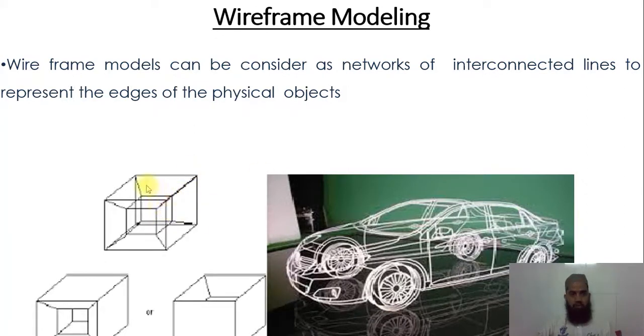For example, I want to form this model, this cube. So here I have to define all the vertices with points. We have defined this vertex, this vertex, this vertex, this vertex, this vertex. A number of vertices are there, and in this case a number of inputs are required. If one of the inputs is missed, the output will not match what we require. The output is not up to the mark as we thought. So this is one of the disadvantages.